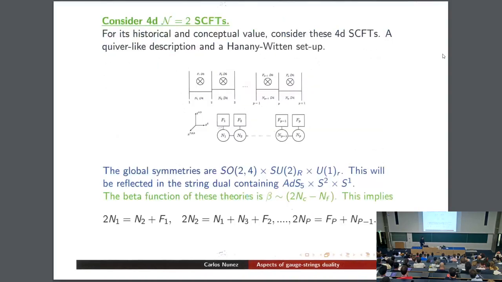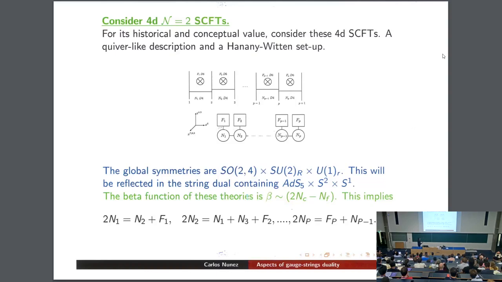So there we go. Let me start by defining the UV fixed points I will be working with. I chose for this talk, because maybe it's a language that we all share, to work with N=2 4-dimensional conformal theories. So the type of theories, and here is the price you pay, are quiver-like theories like this one,